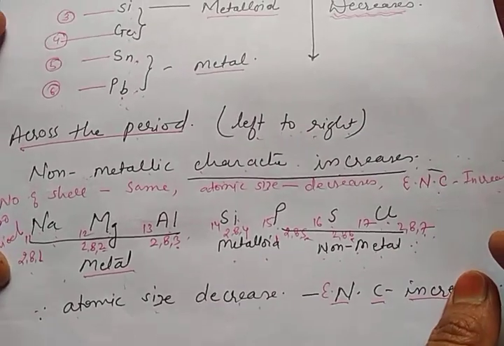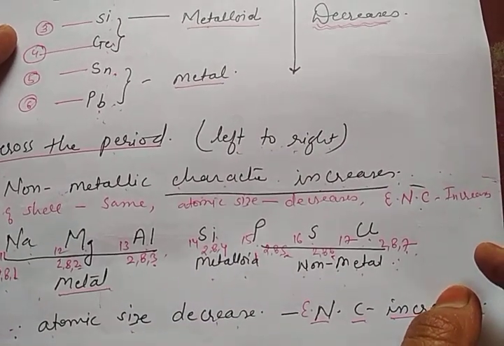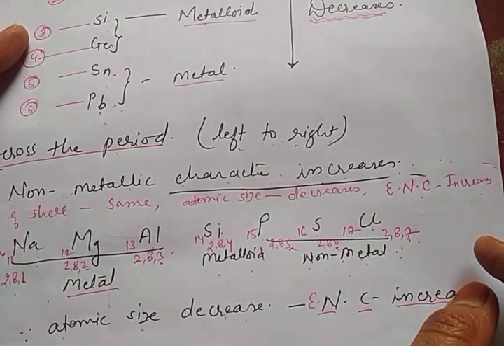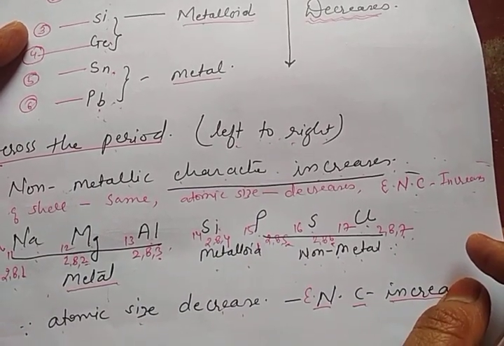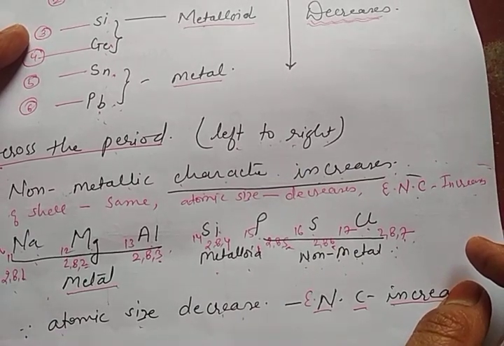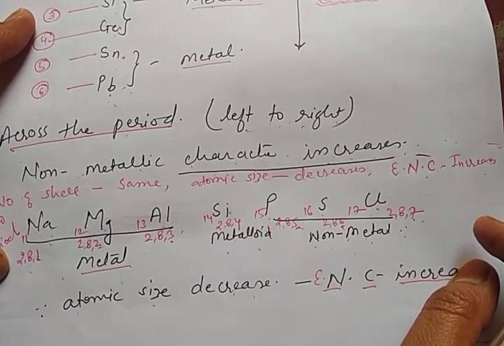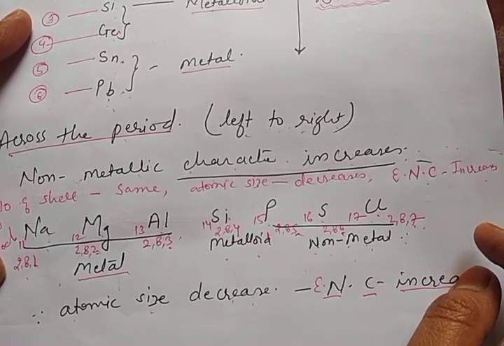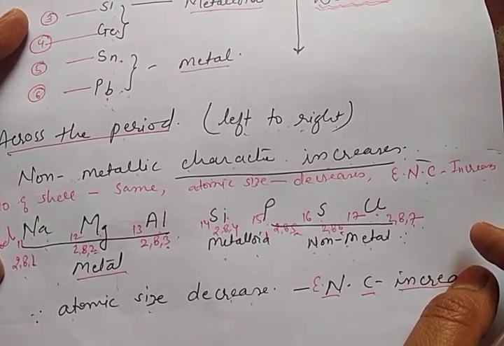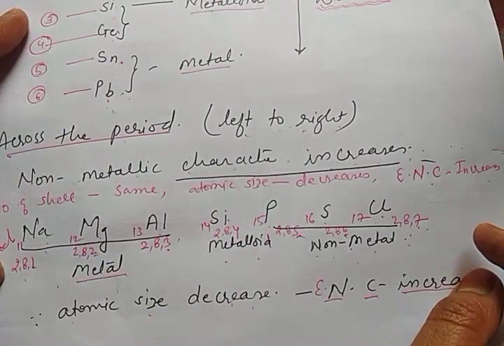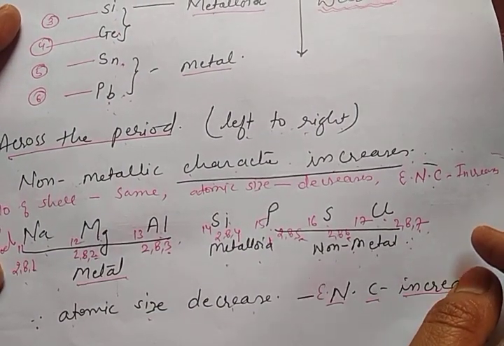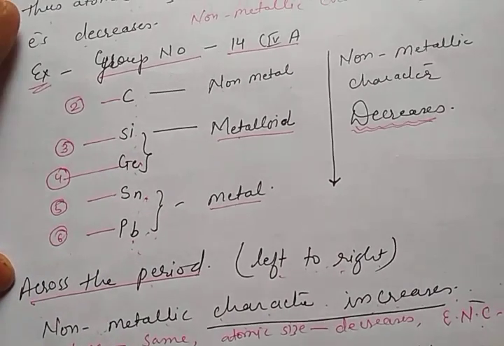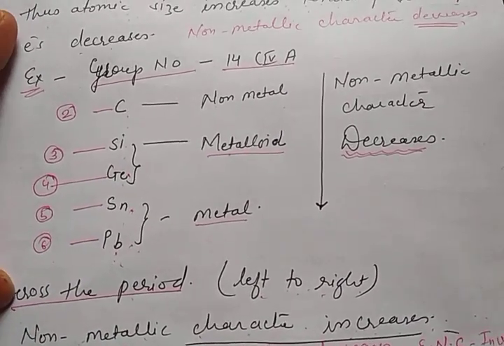While studying them, we have to take care to avoid confusion. We have to learn them thoroughly. In exams, questions can be asked related to their definition and trends, especially what the variations of the following are in the periodic table when we move from left to right in a period. Metallic character decreases, non-metallic character increases. Such questions can be asked in the exam, so we have to remember them especially well. Thank you.